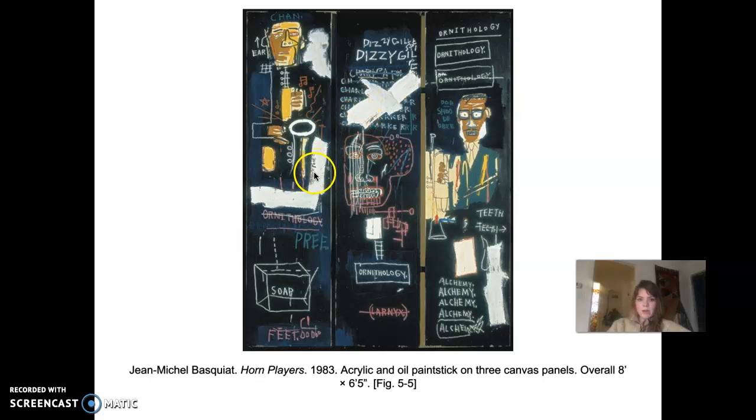The patches of white also do that. There are patches of color that are very similar in each panel, which help bring the composition together and unify the three panels. And the words in the boxes help too. Like the word here, ornithology, he does it here too. And alchemy here. Those repeating patterns and motifs, shapes and colors, help to really unify the piece.